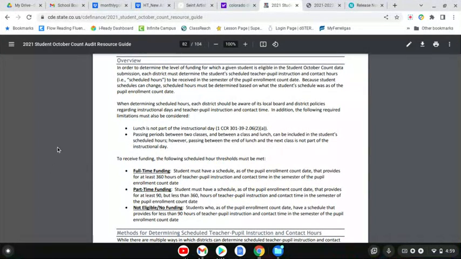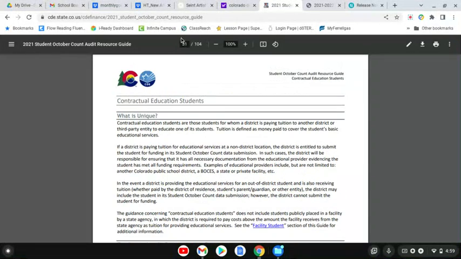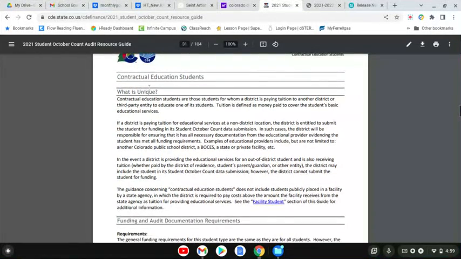I found the 2021 Student October Count Audit Resource Guide on CDE's website. Page 31, which, okay, hold on. Let me come down to here. Page 31 outlines contractual education students. So I want you to read through that. And then once you get,